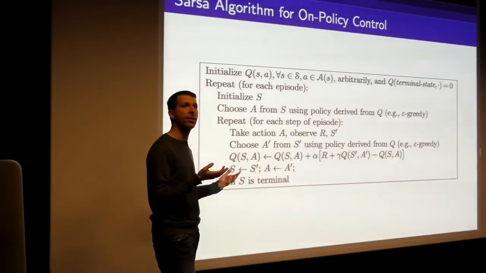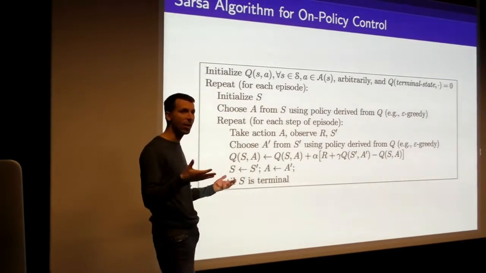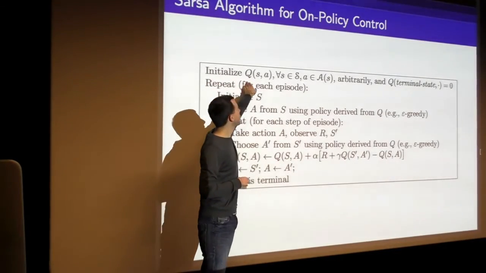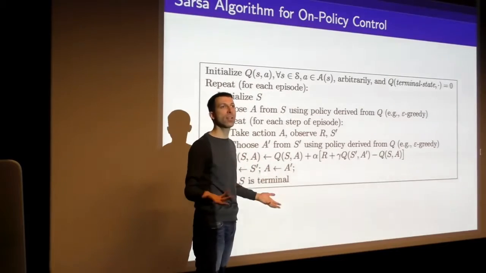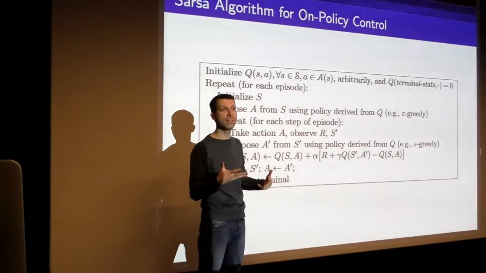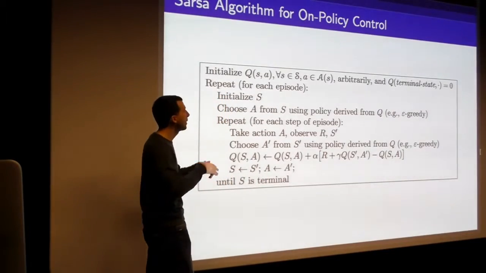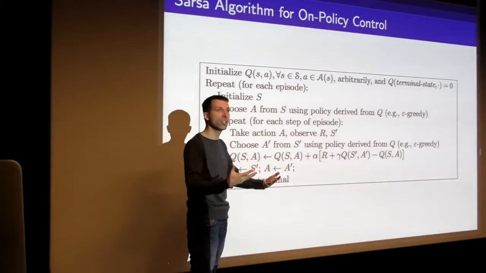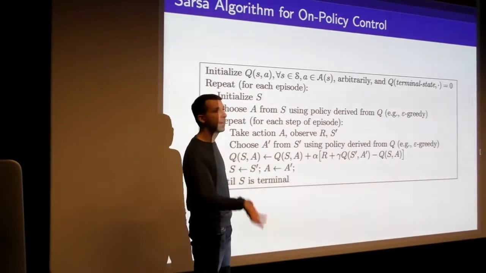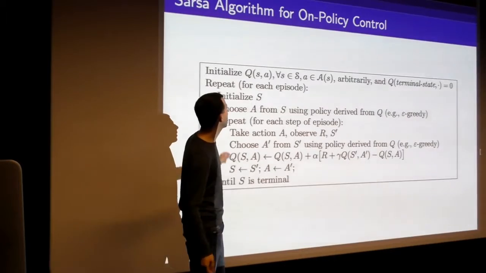So I think it's actually useful in this case to just step through some pseudocode. It's really straightforward. You can arbitrarily initialize this lookup table. Q is just a lookup table. In the next lecture, actually, we'll see how to generalize beyond these naive lookup table representations. But for now, it's just a lookup table. Every state, every action has its own entry in this table. We initialize this arbitrarily, just say 0. Okay? And now we're just going to repeat.